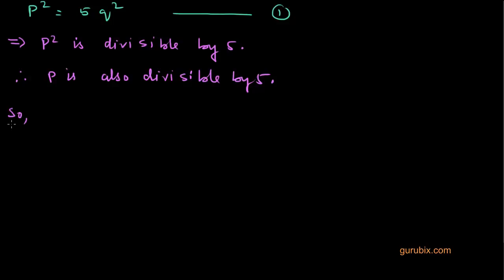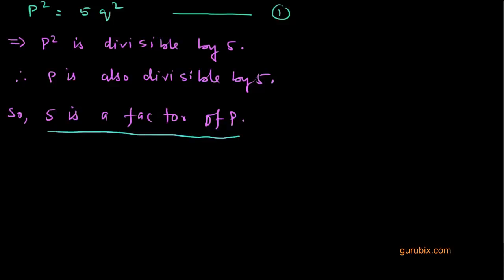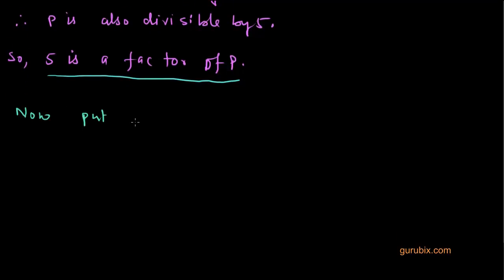So we can conclude with these two lines that 5 is a factor of p, and we shall use this result at the end of this solution. This is a very important line. Now we shall put p equals 5c in equation 1, and after putting p equals 5c in equation 1, we get